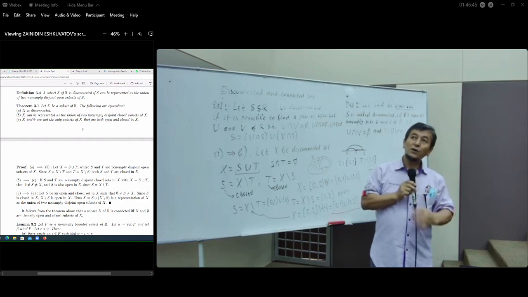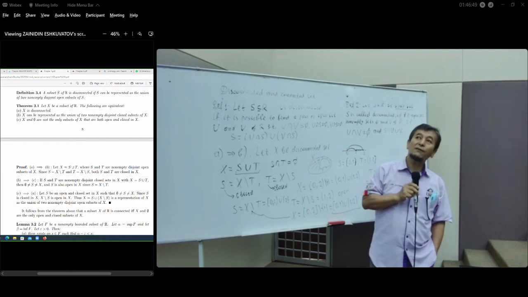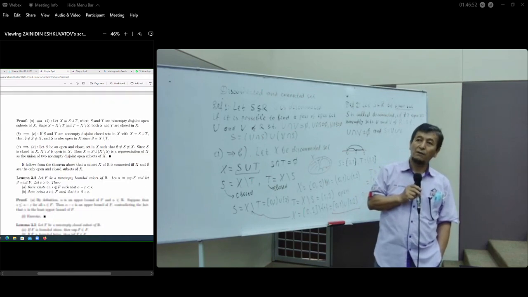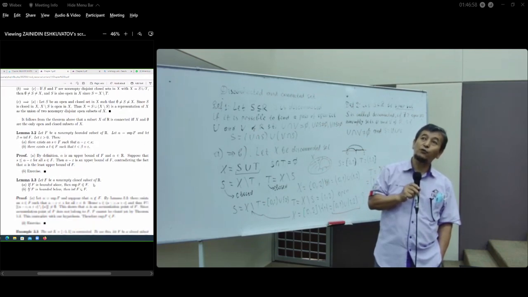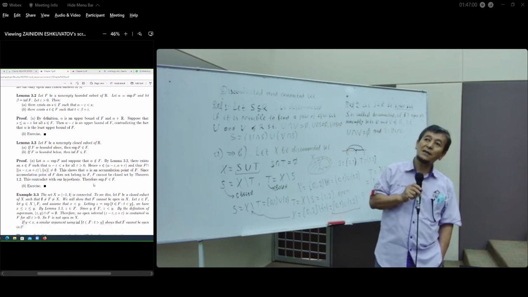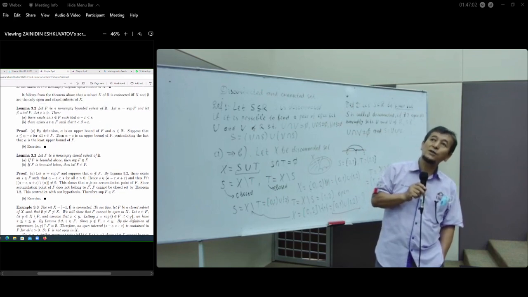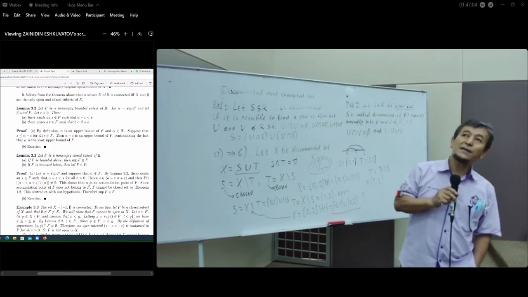So the proof of this theorem is not proper, but the formulation of the theorem is correct. Okay, the lemma, leave it and finish. Lemma 3.2 says, let F be a non-empty bounded